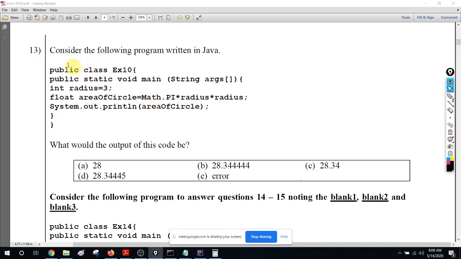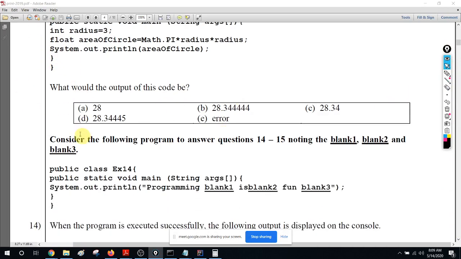If you are using the math class, you have to import it. So there should be a statement import math.star, right? Math.star. You have to import the math. I think it is the util package, util math or something. You have to import that. So that line is missing. Therefore, this is going to be compile error, right? So that is why I'm always asking you first check whether there are compile errors. Anyway, we have not covered that yet. So the answer is error. So 13th answer is E, right? We still haven't done that because we didn't do any special packages yet. All right. So forget about that for the time being.